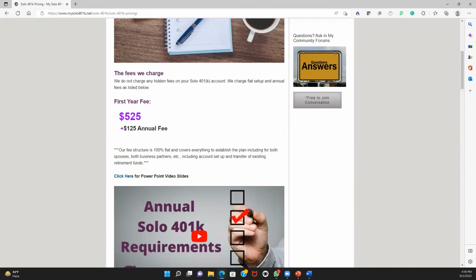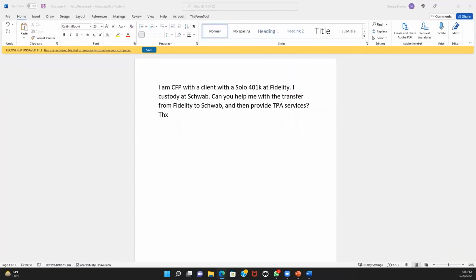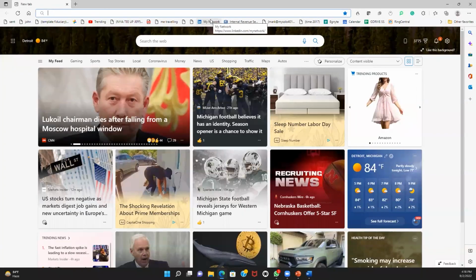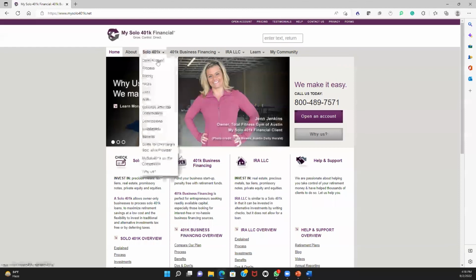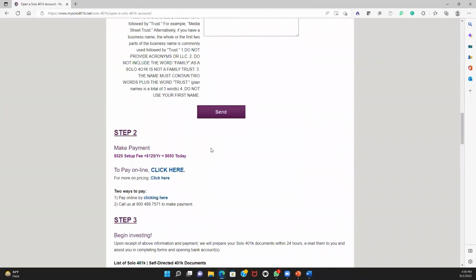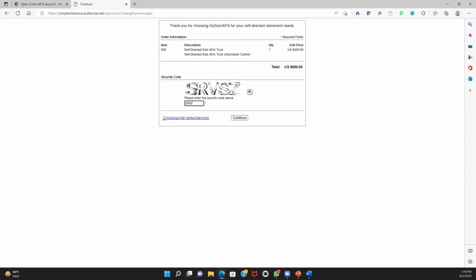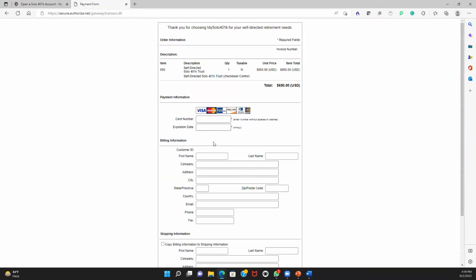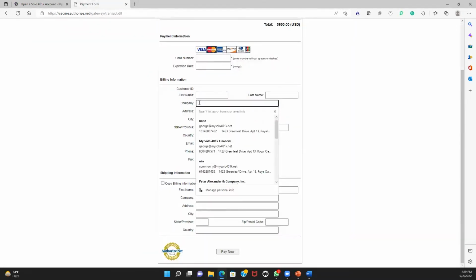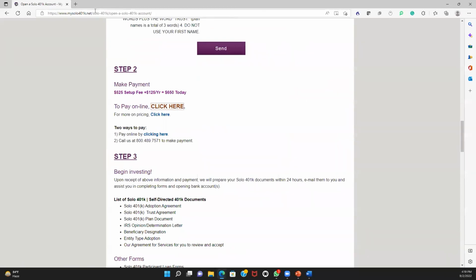Yes, you're of course free to negotiate whatever fee you want with the client, and you can certainly pay on their behalf. Absolutely. When you go to pay, you're going to have to include your information since you're the one that's paying. But you'll notice that there's a company field when you go to pay. You have to complete the CAPTCHA. And then in this company field, you can put their information there, like their plan name, for example, so that we can know who the payment is made for.